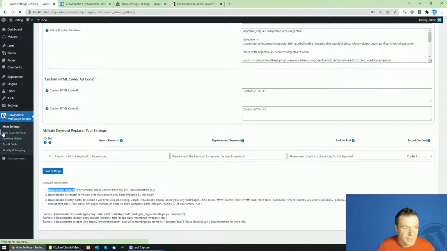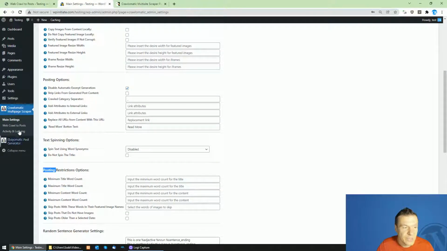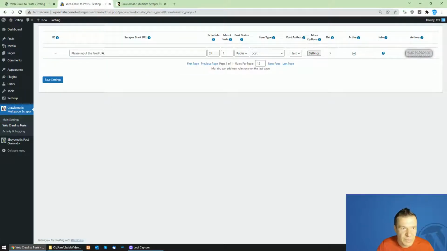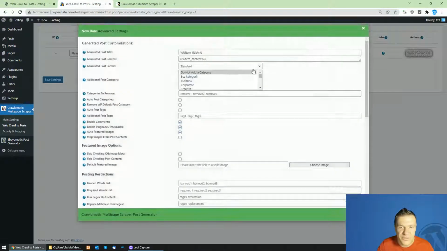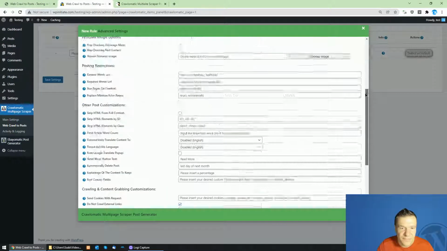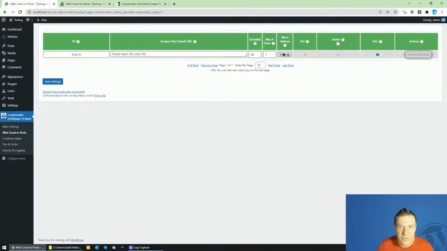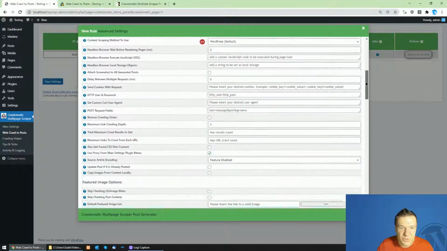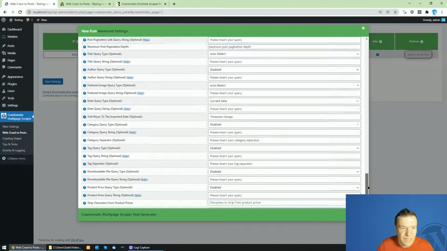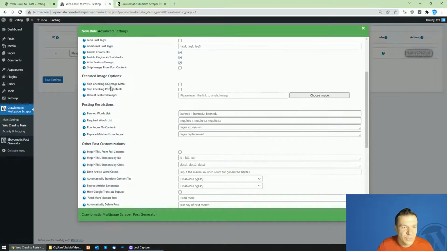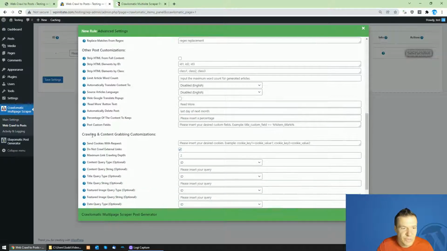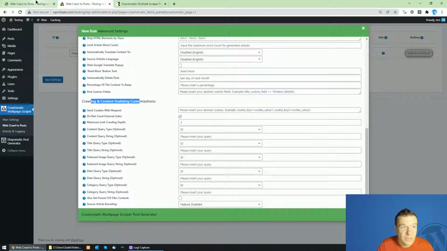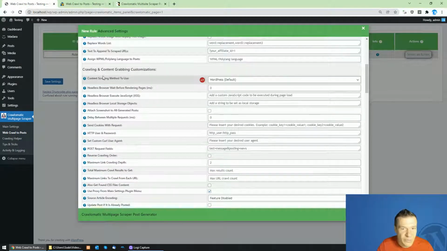Okay, so now let's compare the web crawl to post part, because this also advanced a lot since its first version, which is this one, this plugin. We can compare that things look similar, but if we click on settings here, we will see that there are fewer settings in the first version of the plugin when compared to the current version. You will see only post customizations, featured image, posting restrictions, other customizations, and content crawling, content grabbing customizations. Here you will see many more options,